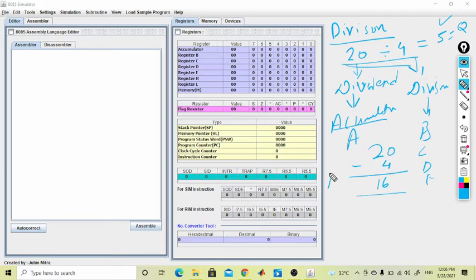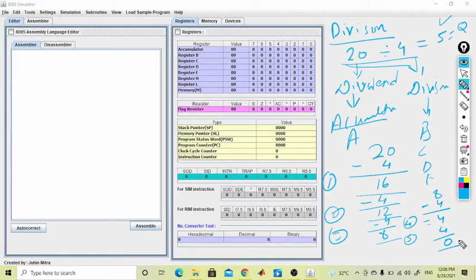That is the first time we have subtracted. Again we subtract, we get 12. Second time, again we subtract 4, we get 8, that is the third time. And here 8 minus 4 is 4, that is the fourth time we have subtracted, and again we subtract, that is the fifth time, then we get 0.